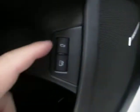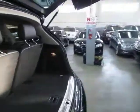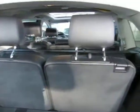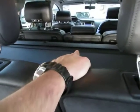So again, you can open the tailgate by here. You can open it with your remote control, and you can open it by squeezing the tailgate handle. All of those, obviously, when the vehicle is unlocked. Okay. So now, if you want to go into cargo mode, you need to first remove this plastic piece, and